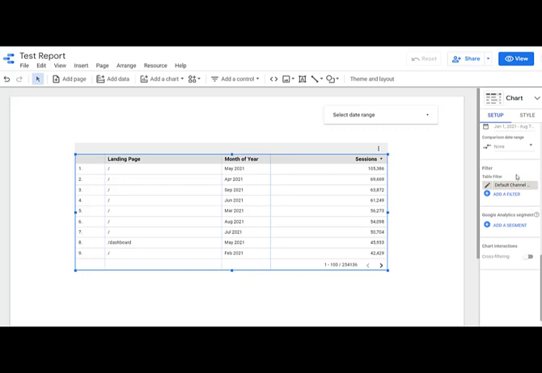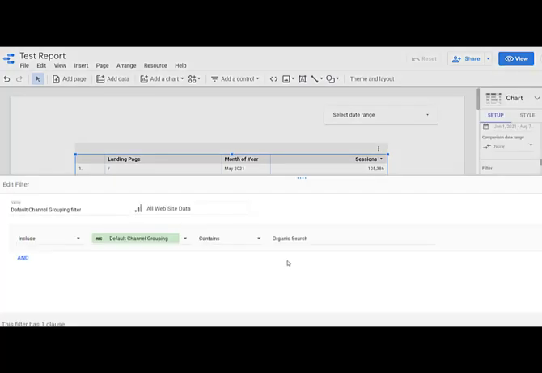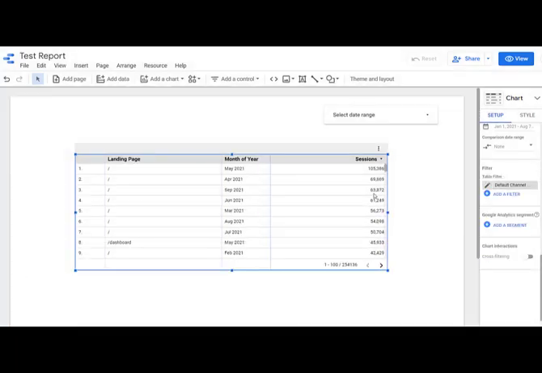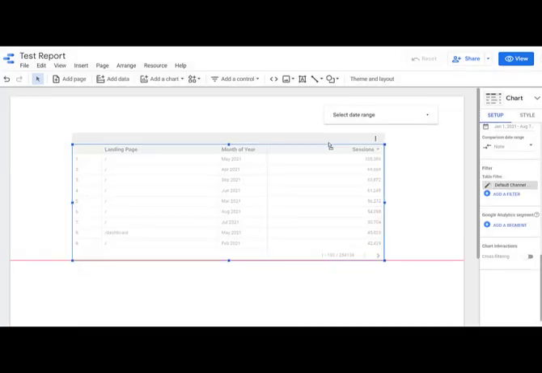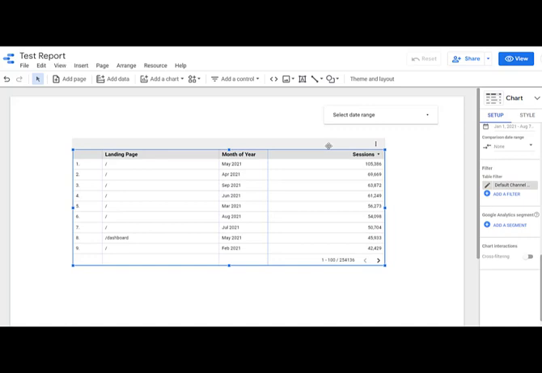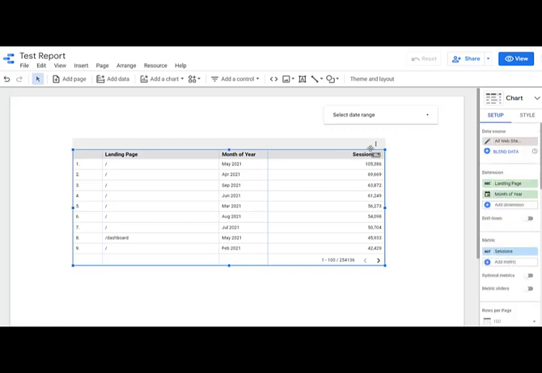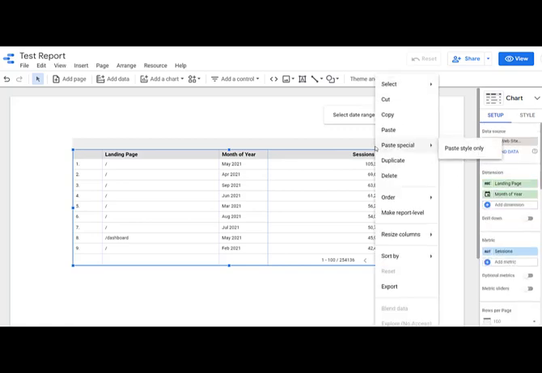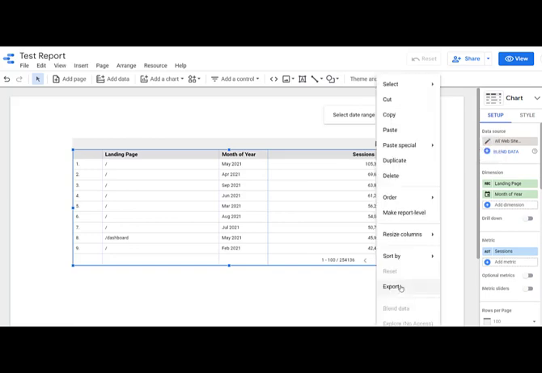You can also add a filter which says I want to only see data from organic search, wherein you can define the default channel grouping. All the data that can be seen now on this table is from organic search. Now, how do you download this data? Very simple. All you have to do is click on these three buttons and export,